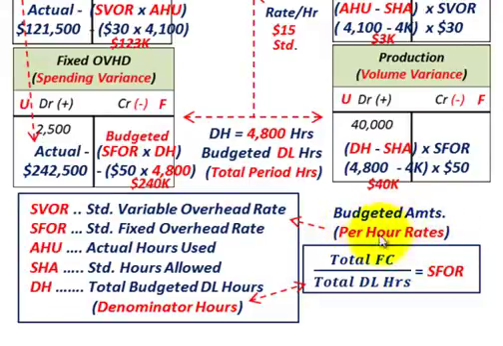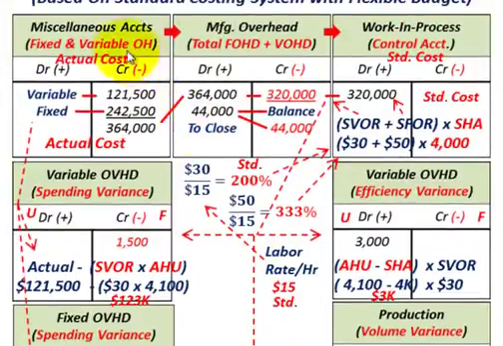Okay, and that's based on the budgeted amounts. Just to understand what we're talking about, the DH, the total budgeted direct labor hours here, what they refer to as the denominator hours. Okay, so now let's go and do our calculations. We'll start with our miscellaneous accounts, where we're going to have accumulated our fixed and variable overheads